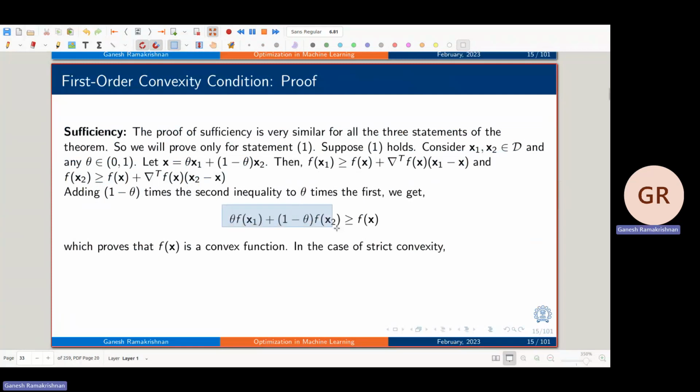Very simple: theta f of x1 plus 1 minus theta f of x2. Because on the right hand side, the x is not changing, it's at the same point x. So you'll have theta f of x plus 1 minus theta f of x, which will just become f of x. And if you take theta of this plus 1 minus theta times the other, what will happen is